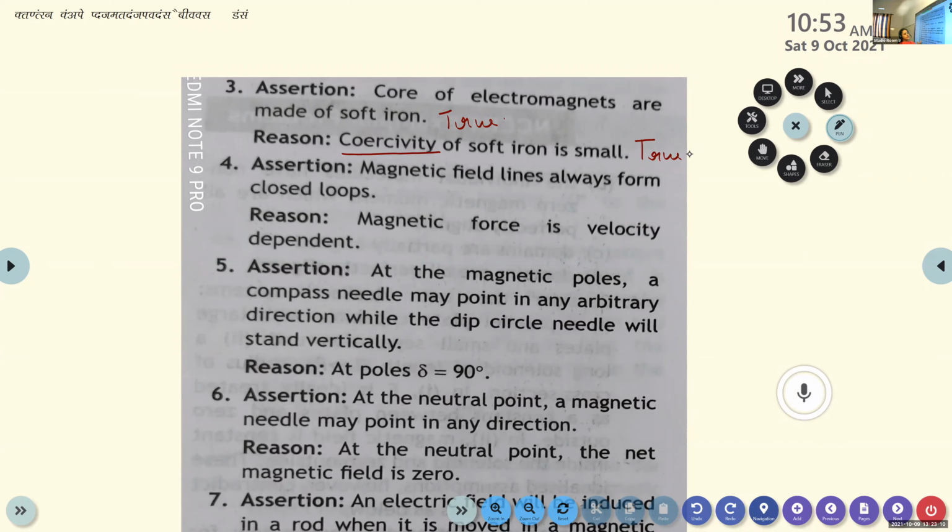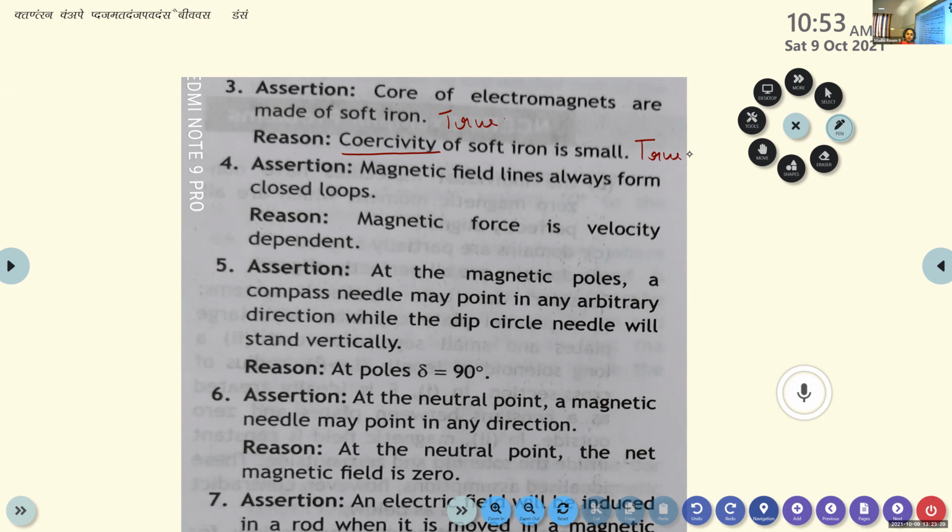So here we are using soft iron at the core of the electromagnets. We must use some kind of material which can be easily magnetized and demagnetized. Soft iron is a material like this. Whenever the electricity is gone, it is easily demagnetized. Soft iron has a low coercivity because it offers very little resistance to change its state of magnetization. It will get easily demagnetized.